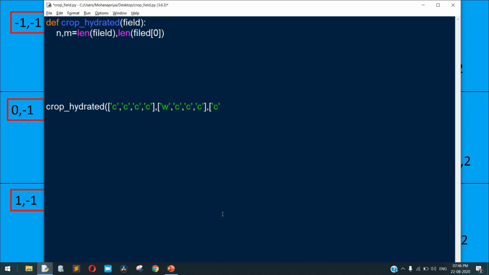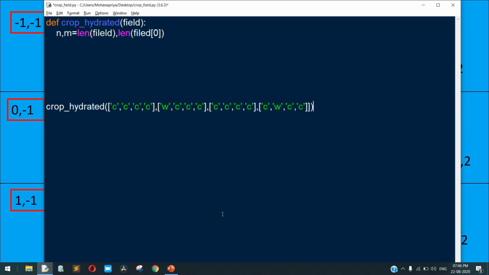And 4 crop fields in the third row, and 1 water field, and the others are crop fields, as we see in our example.